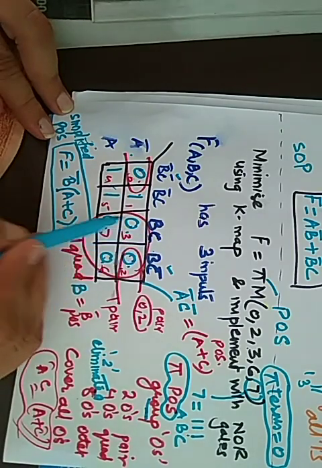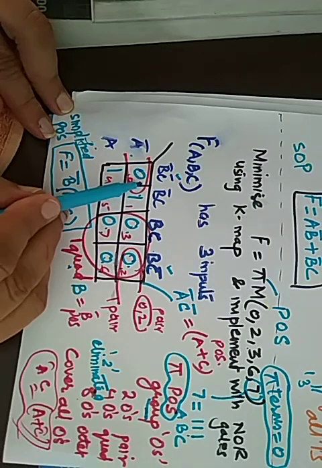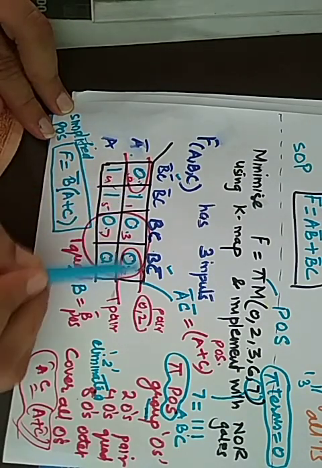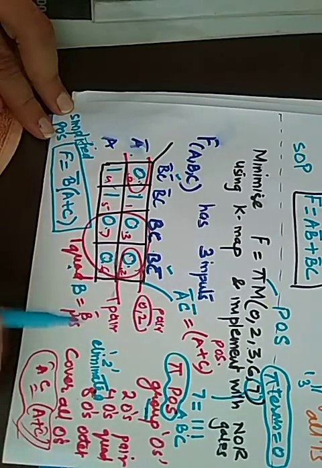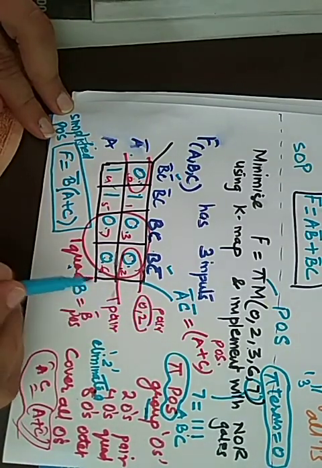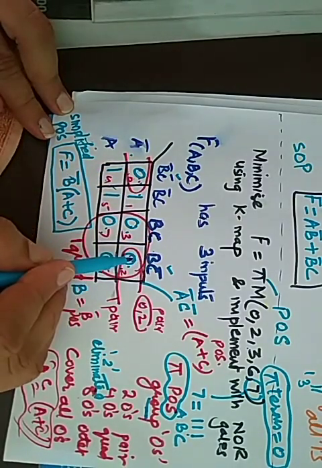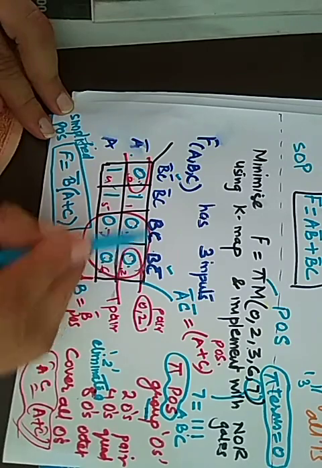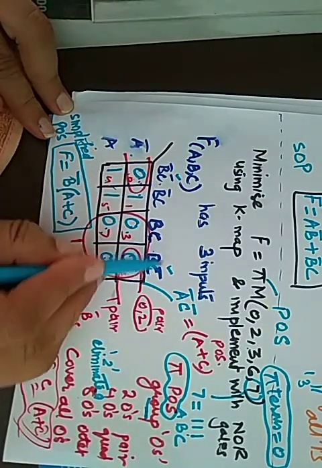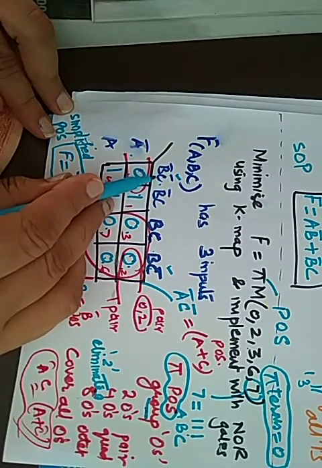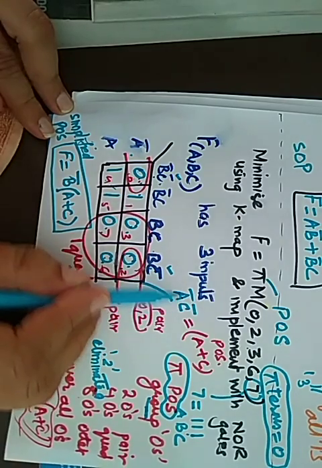So we saw that we have one group of 4 zeros called as a quad. The next is 2 zeros called as a pair. Then you find the value of these pairs and the quad. To find the value, we see the row and the column. If the variable is changing, it is eliminated. If it is not changing, it is common. So we have BC bar, B bar, C bar. C bar was common. So row was A bar. So we got this as A bar C bar.